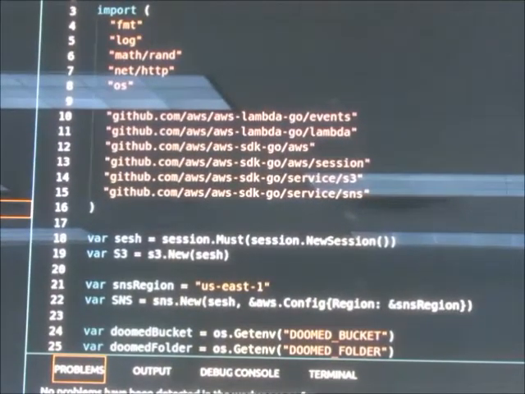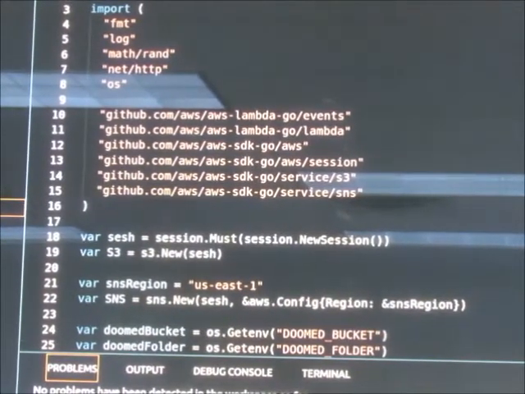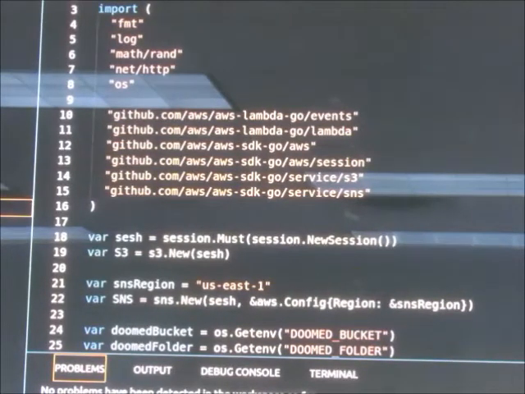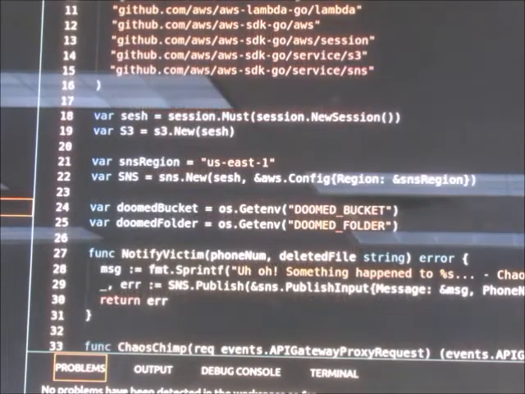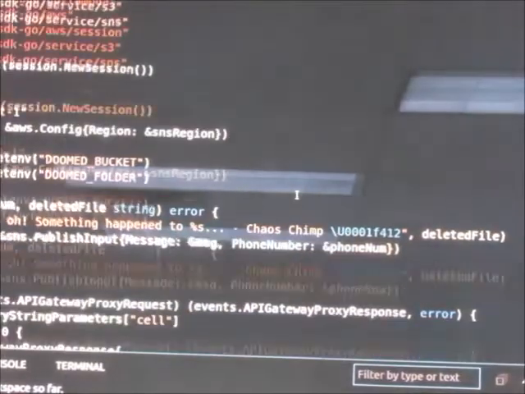I have a very mild function that doesn't do anything close to that, but it randomly deletes a file from an S3 bucket, which is basically almost the same thing. And it pings a notifier, the supposed victim who has to clean up your mess. And it's exposed as an API gateway route, so really anyone can hit it, which is a terrible idea. Yeah. We're going to look through it anyway.